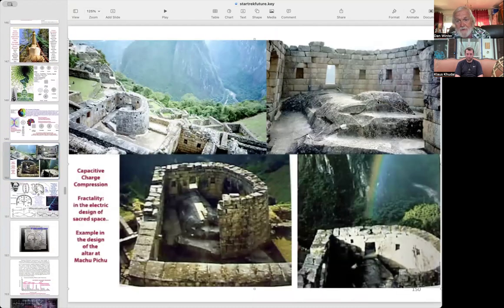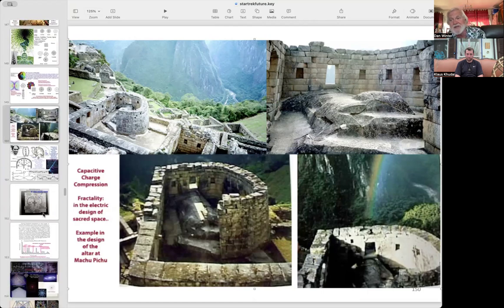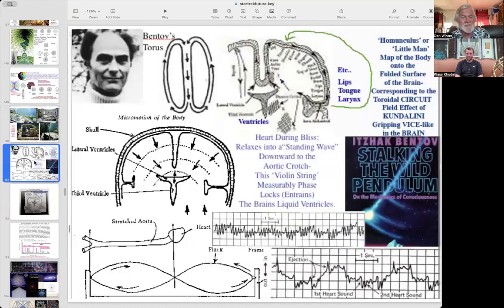And we use the example of a good place to die right here, in the bed at Machu Picchu, very well fractally aligned. I don't know if they're inviting you there to die, but just to understand that for birth and death, you need to line things up. It's obvious. And how that implosive compression works in the phonon liquids in the brain, in the physics of Kundalini and bliss,